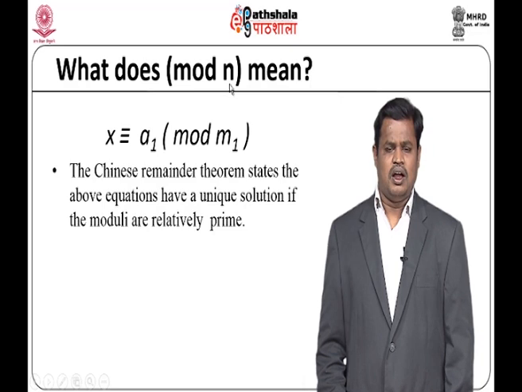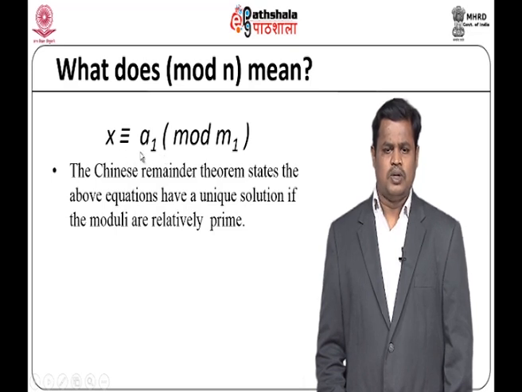What does mod of n mean? In the Chinese remainder theorem, we always use the modular arithmetic of m, which gives the remainder. Here, a is congruent to 1 mod m1, it says that a is equal to x, when I am using a mod m1. So, the Chinese remainder theorem states that the above equation has a unique solution if the moduli are relatively prime. If the moduli are relatively prime, then we can have a unique solution to find the set